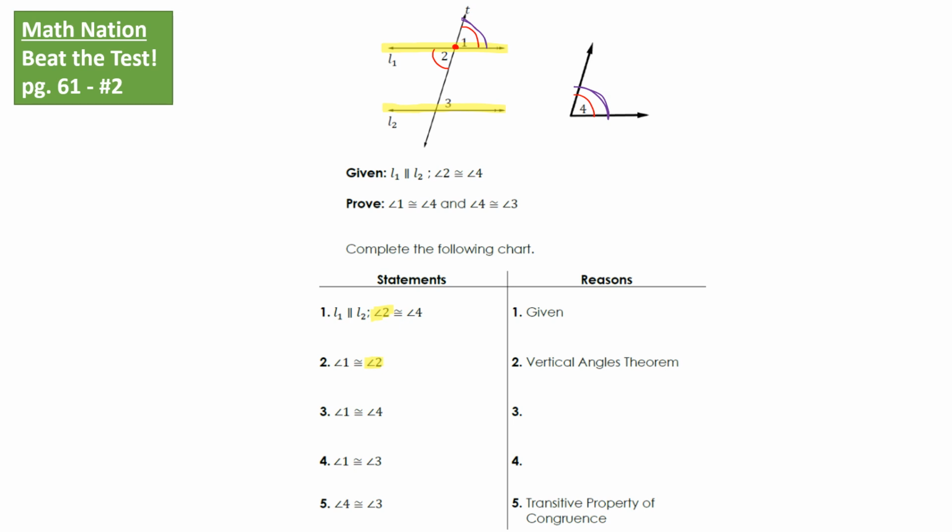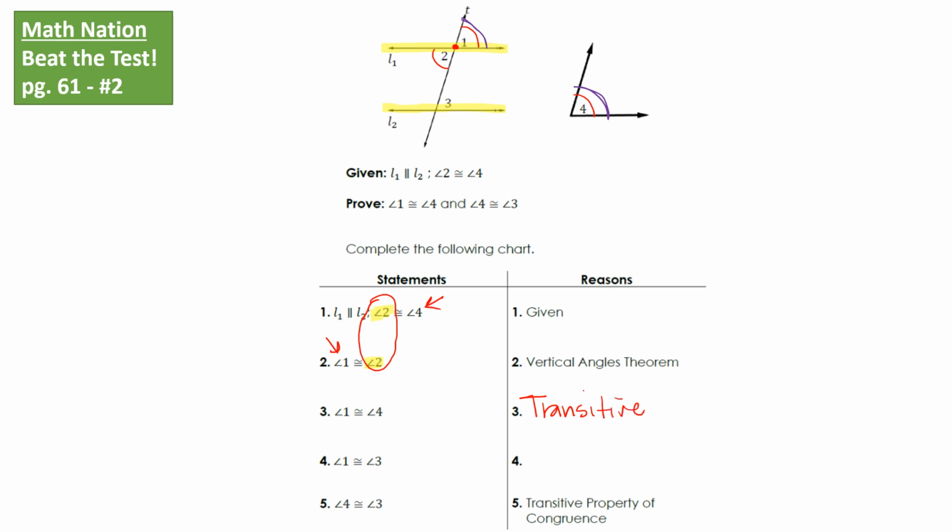So if angle 2 and 4 are congruent, and angle 1 and 2 are congruent, then that leaves me with these two angles, right? So if 2 is the common angle between the both of them that are congruent, then obviously 1 and 4 have to be congruent as well. Now let's think about the reason. So the reason would have to be the